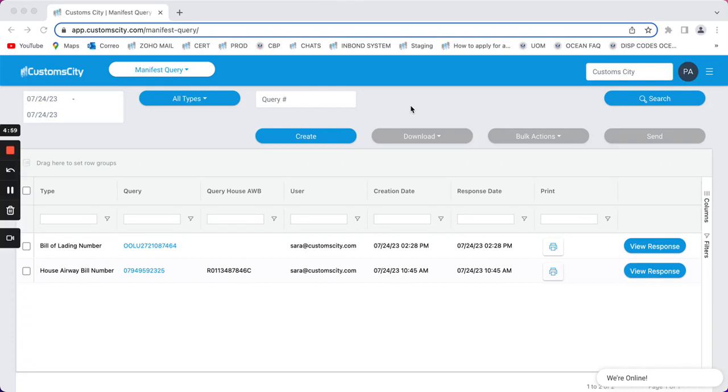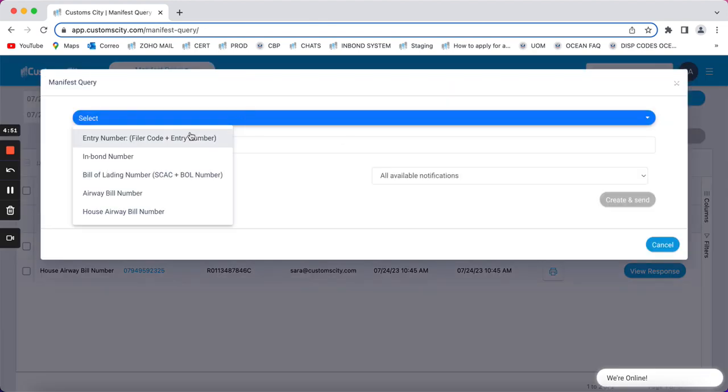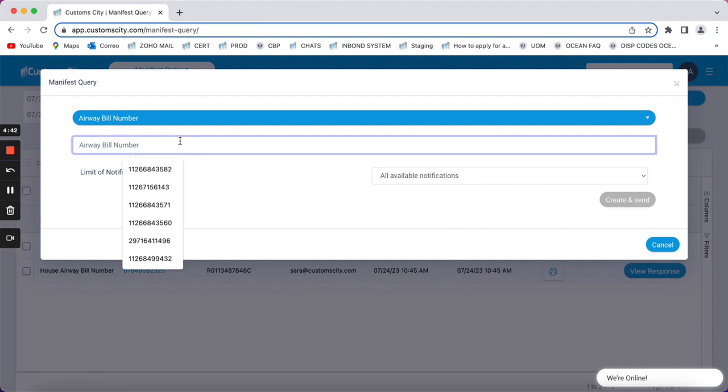Hello, today I'm going to show you how to create a manifest query. First, we click on Create. We need to select if we are doing an entry number, inbound number, bill of lading, area bill, or house area bill. Once selected, we enter the number,